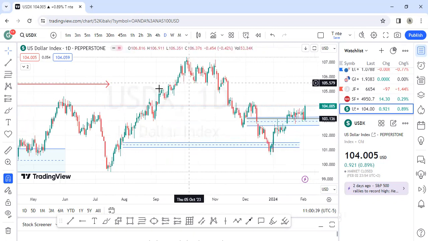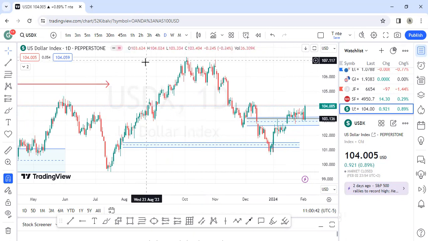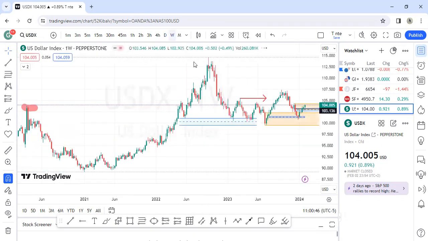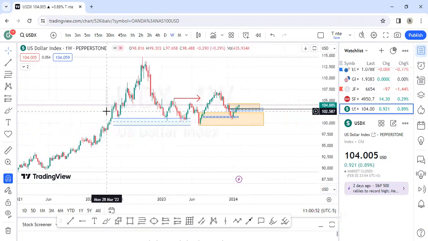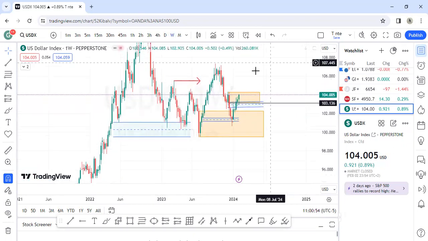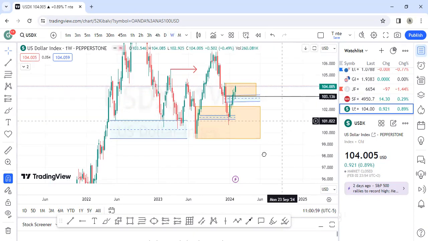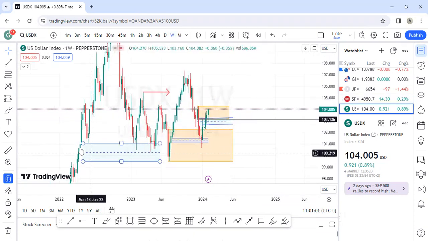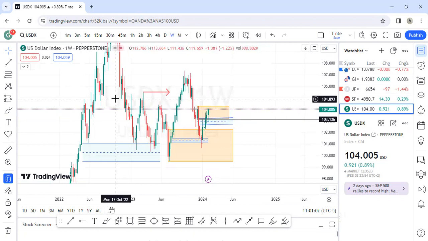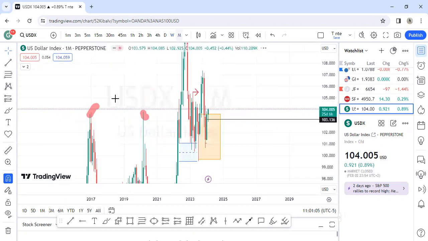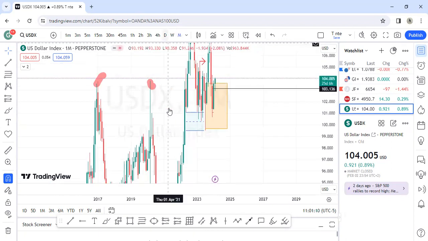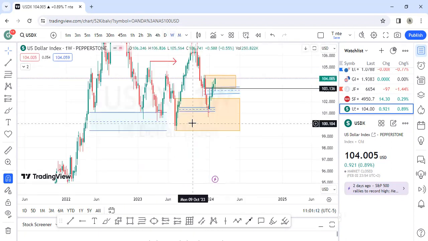So let's go to the weekly charts. We had a bullish non-farm payroll. The interest rate for the dollar was still the same, no increase, and all of that. So based on the daily charts, look very carefully, we have a kind of monthly gap here. I think there's a monthly fair value gap there. So in the monthly time frame, you can see that we're laying off this monthly fair value gap. And then if you go to the weekly chart, you can see that is the monthly gap.